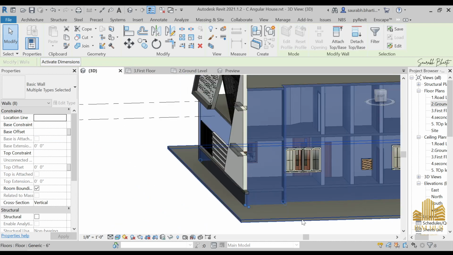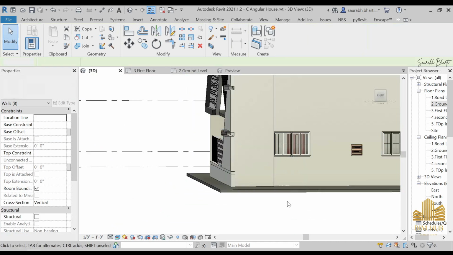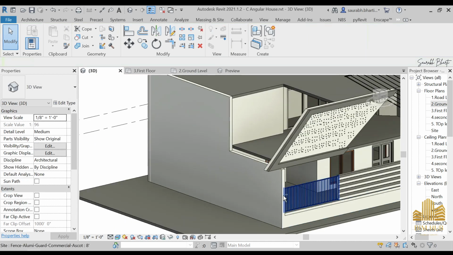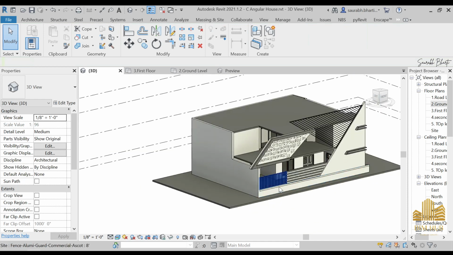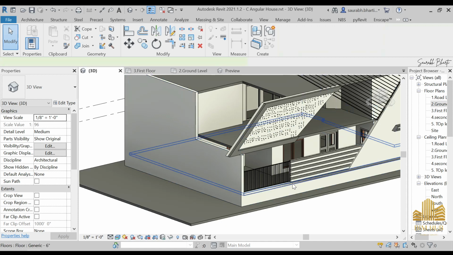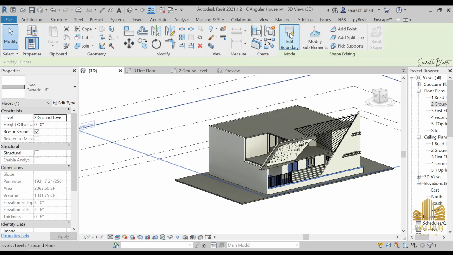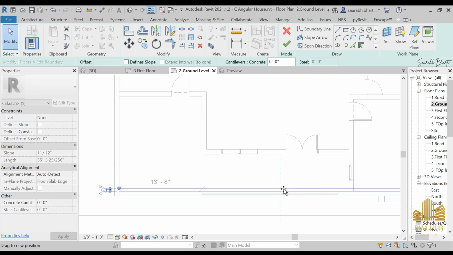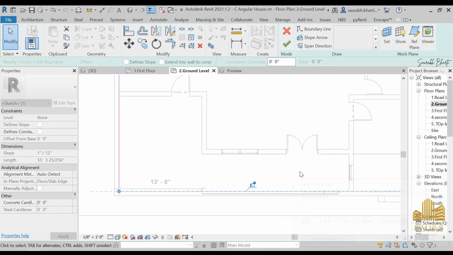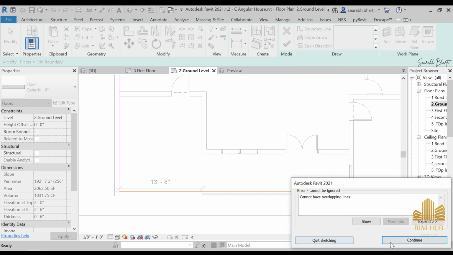Press tab on your keyboard, or you can just select your floor. Here I can select it. Yes, press tab, and now we can select it. Then go to the edit boundary, go to the ground floor, and then just edit it like this. And now done. Delete elements, not a problem. Finish it, continue,